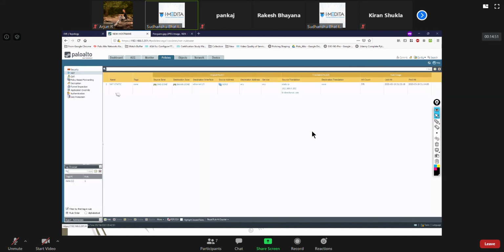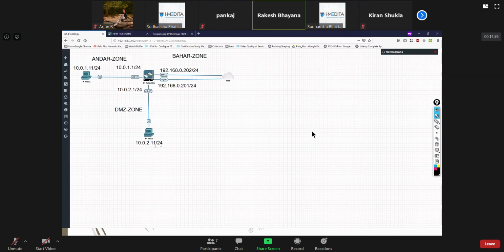This NAT thing might be a little bit complicated for you to understand. We configured static NAT and we saw how it works bidirectionally. It works for this PC initiating a communication and going out, as well as when somebody from outside hits this and gets translated to inside. That is bidirectional NAT and static NAT.